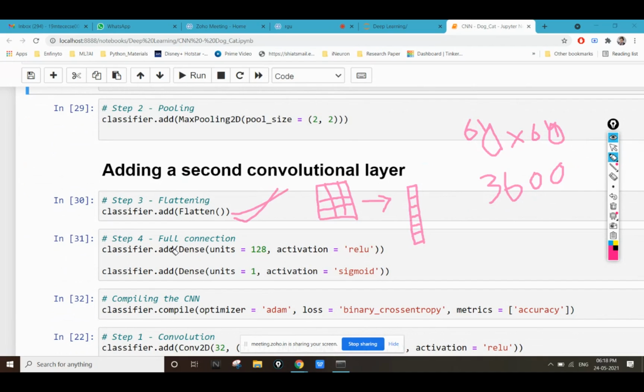So I am creating a first hidden layer with 128 neurons.